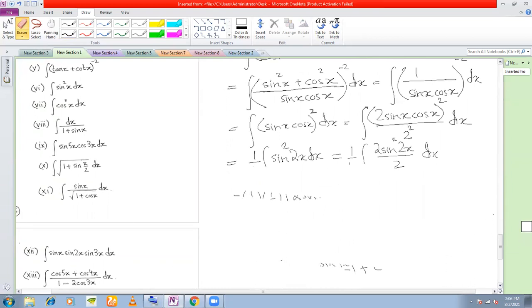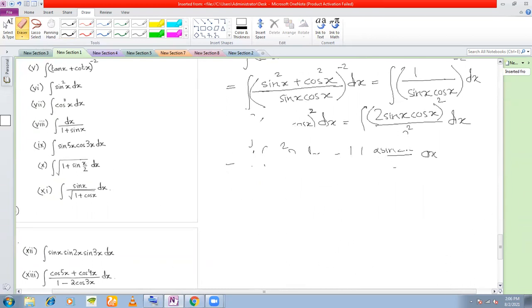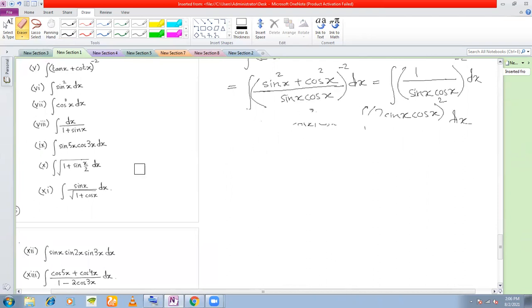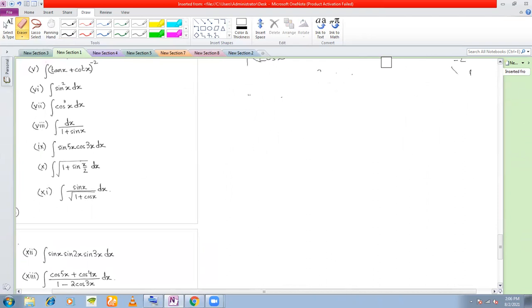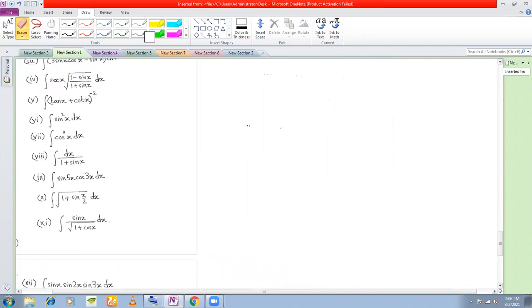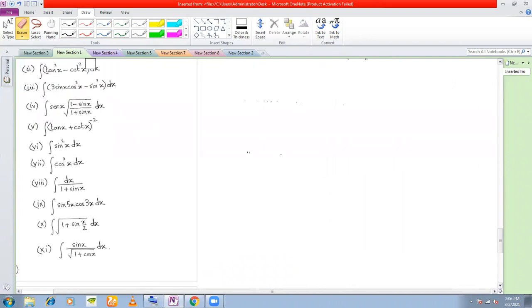And the next integral is very similar to what we have already discussed. So just for practice sake, let us do one more of this. Number 16. If you see, you have to integrate sine square x. Now, as I told you, square of a trigonometric function. What you do is you write this as 2 sine square x by 2. This is a trick I told you just now. You can take half out.